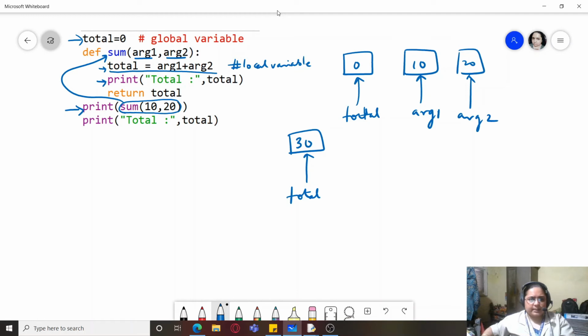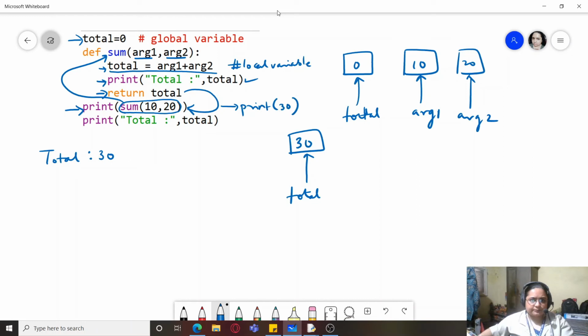So what will be printed? Total, that is 30. And we have a return statement also. This return statement is returning where? It is returning the reference in this function, that is print. So now what will be printed? Already the print statement within def has been executed. Now the value which is being returned will be printed by this print statement, that is it will take up the value in this way.